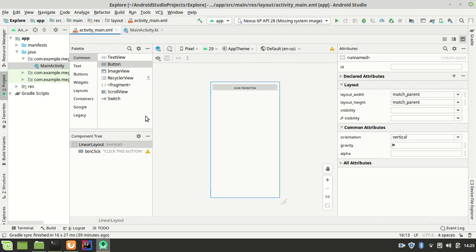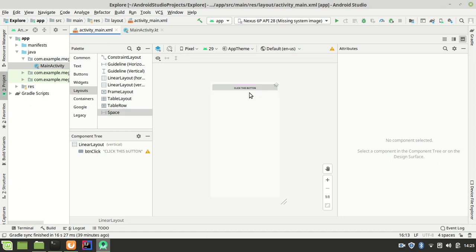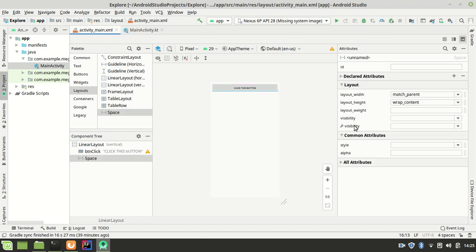So we are going to just come to our layouts here, and we can see there are different kinds of layouts. Currently we are using the constraint layout. I also want us to learn how to use this space. This space just enables us to put space between our buttons. So we are going to pick a space, then place the space just right there. So you can see this space